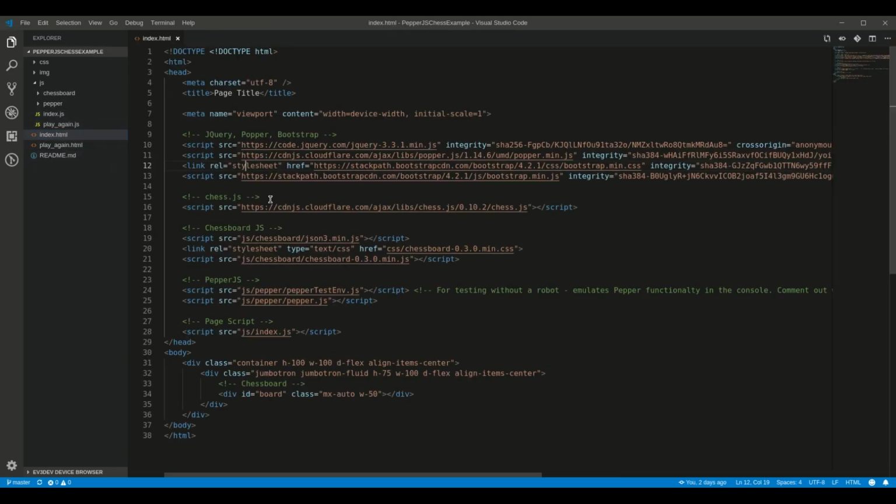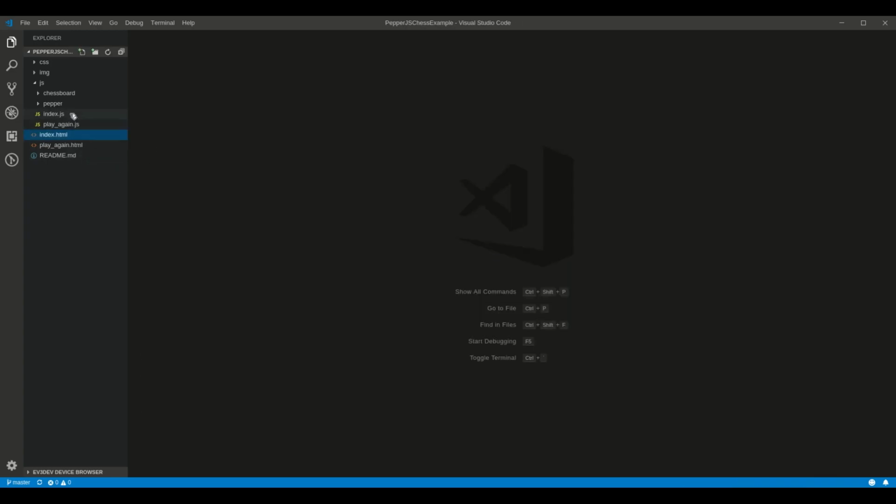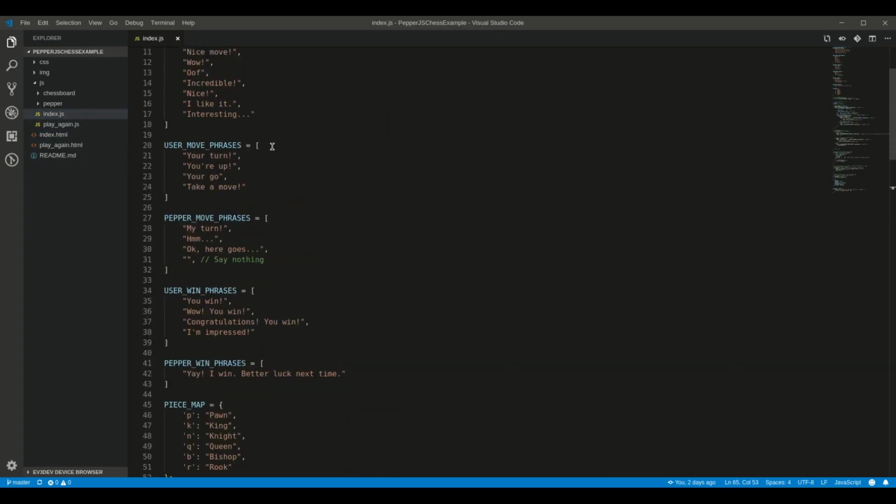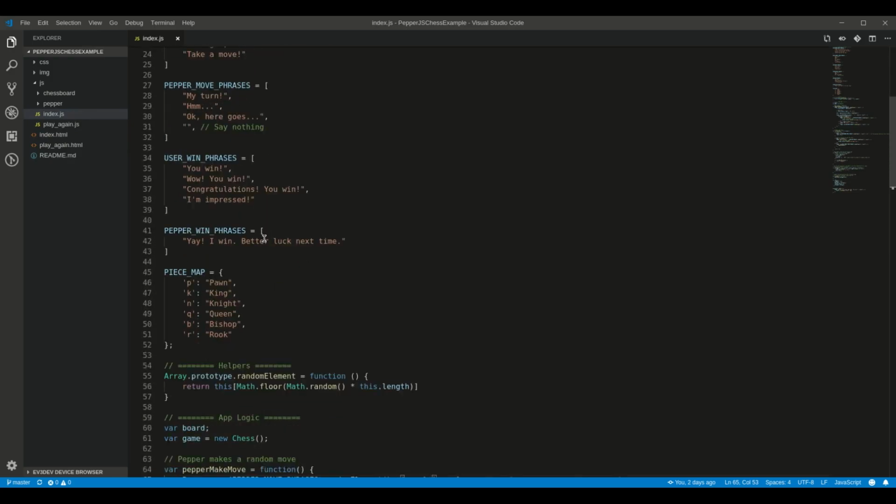If we open up the index.html file, you can see here we've imported our PepperJS library, along with a support library that emulates Pepper when the app isn't running on a robot, as well as some other JavaScript chess libraries, jQuery, and Bootstrap for styling. Opening up the index JavaScript file, which is the main driver of this app, most of this code is logic